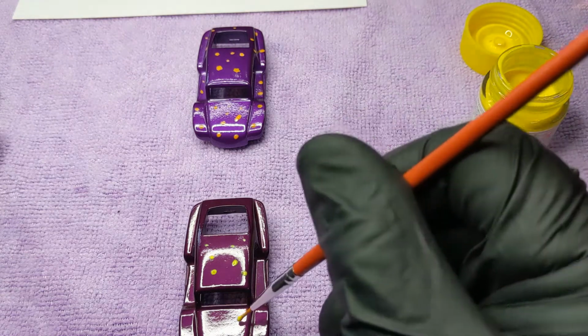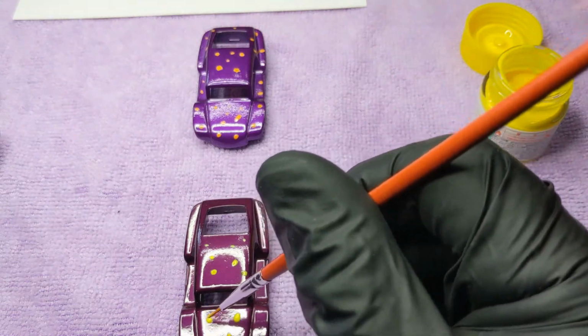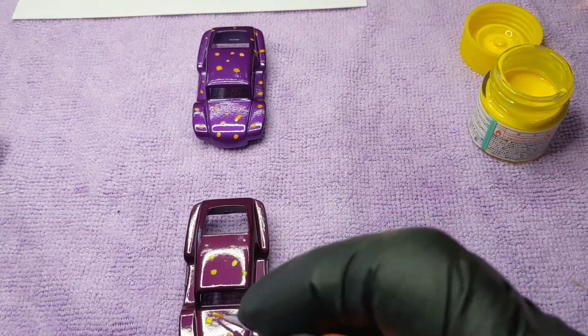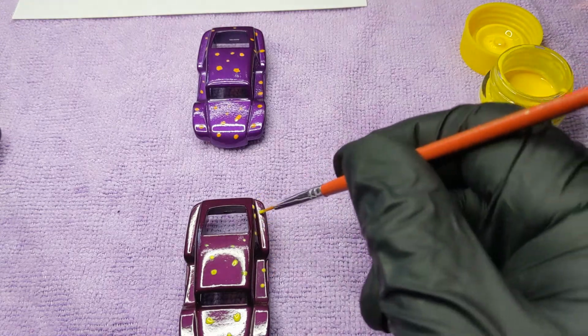I've got the gold already on, and I'm just gonna speed through putting the yellow on. Just trying to put some random spots on. And then we will throw it in the little toaster oven